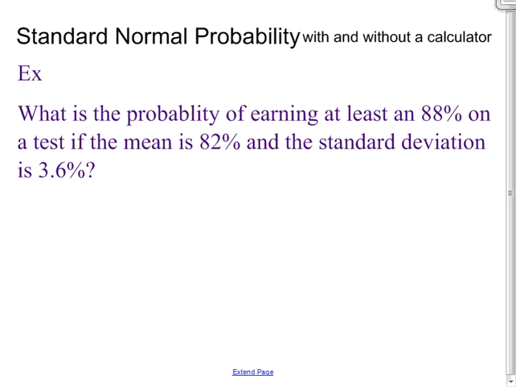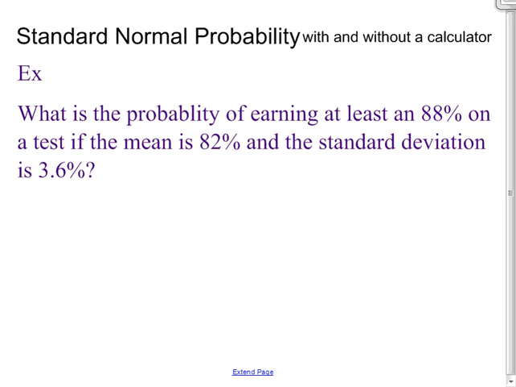The last part of normal distributions that we're going to take a look at is using our calculator. So we're going to go back for a moment and take a look at standard normal probabilities without a calculator, and then we're going to do it with a calculator. So really quickly, just going back to what we knew before, using your table,